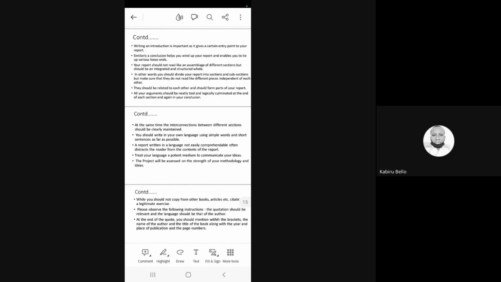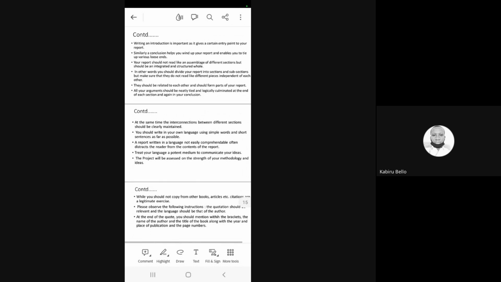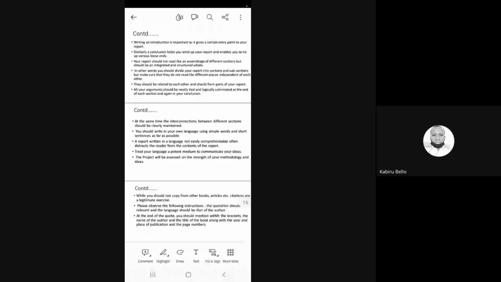When you write a subsection, they should be related. Don't bring other topics in that. There should be a continuity, between section and subsection. They should relate to each other and should form parts of your report.